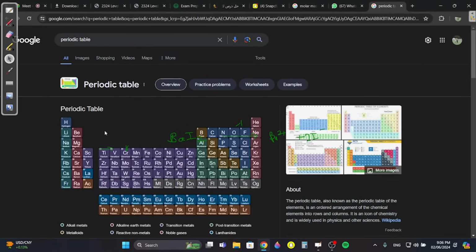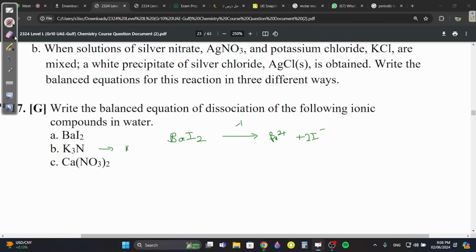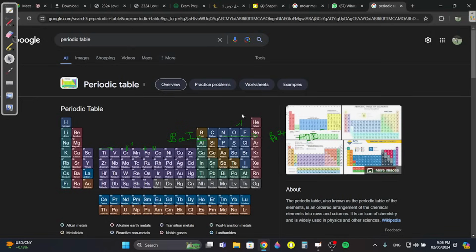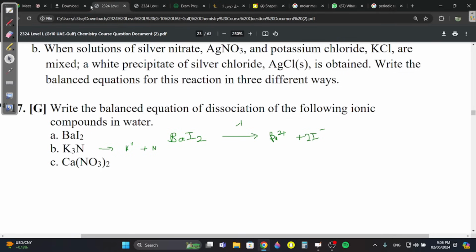K is group 1, they're the alkali metals. So it's K plus, and nitrogen is in group 5, N3 minus. Then balance it, you're going to have 3K plus. Okay, that's it. And then this last one, you put it to produce